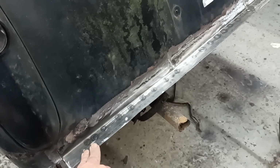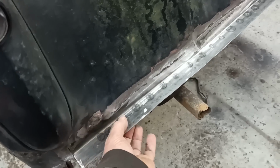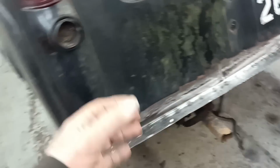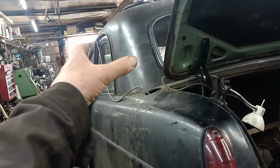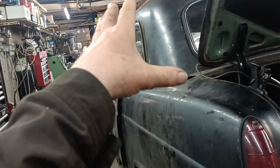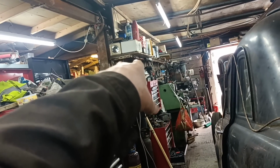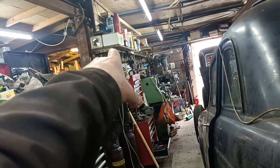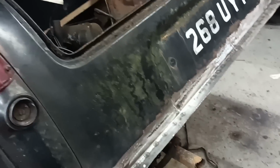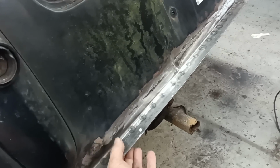I came out late last night and did this spot welding here. I was going to move the car forward so I could plug the welder in further down the garage, but I realised that the garage wiring comes all the way up to that corner there. So I found out that the welder would reach there and come here. When I tried using it on that side, I blew the fuse in the extension lead. So this is spot welded now,